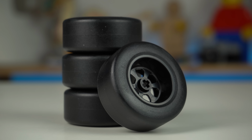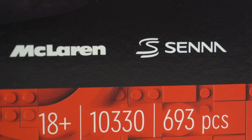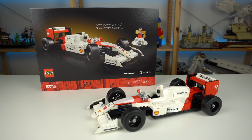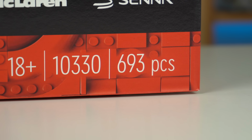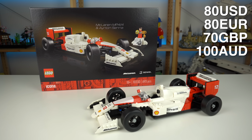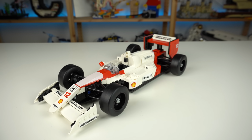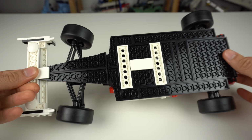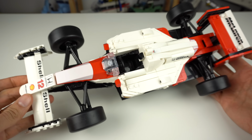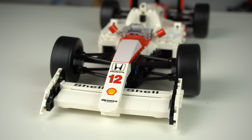New pieces, lots of prints on top of brand deals and IP partners means the set prices suffer because of it, and here that's no different, where a model with little under 700 pieces will cost $80. Not terrible by any means, but not great either. I do love the fact that this is a lower priced model for adults, which LEGO doesn't have nearly enough of. If you don't count the Kingfisher and the Botanical sets, this is the cheapest LEGO Icons model you can